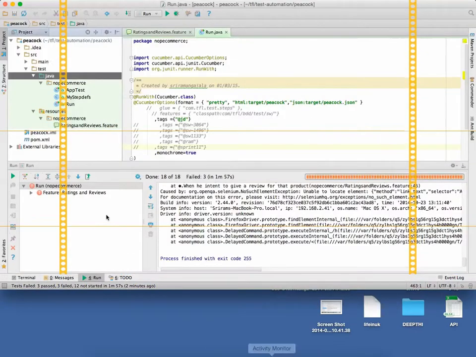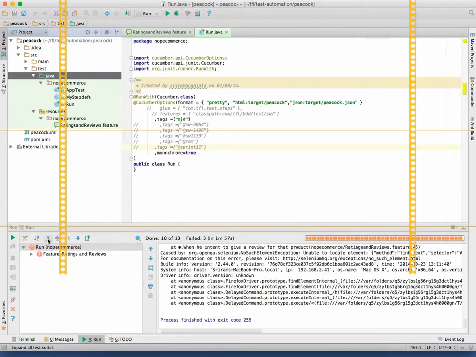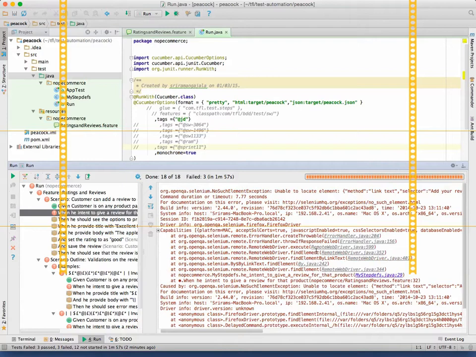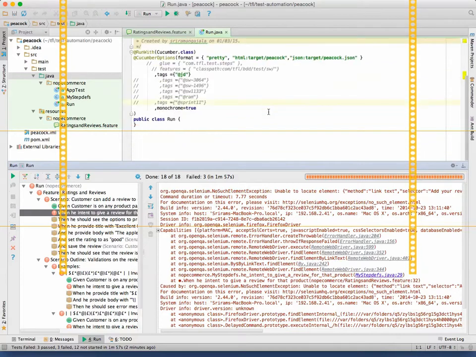Anyway, now you can see that the steps are failed, right? Let's see why it is failed. The second step is failed. Why is it failed? It says no such element. So that link is not present. Now what do we need to do? Now just give this to the developer, your work is done. That's it. In BDD, you go to the next story. Nothing else. No testing required now.